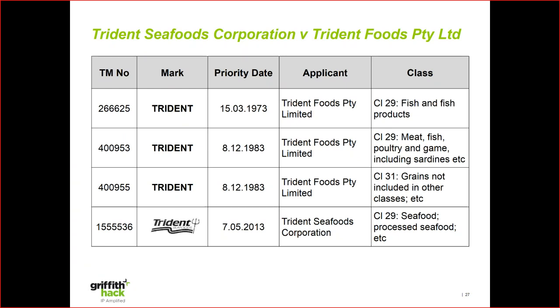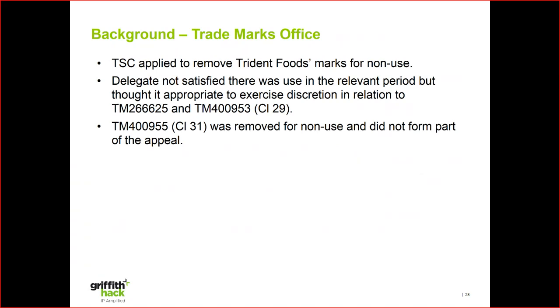So that was at the trademarks office level, and the delegate decided that there was no use in relation to that class 31 grains trademark, and that mark was removed. So there was no dispute, there was no use, that mark got removed, it wasn't part of the appeal. The delegate at the trademarks office decided that there was some use in relation to fish and fish products, but determined that it was not under control. So the delegate had actually thought that they'd exercised the discretion. So it went on appeal,